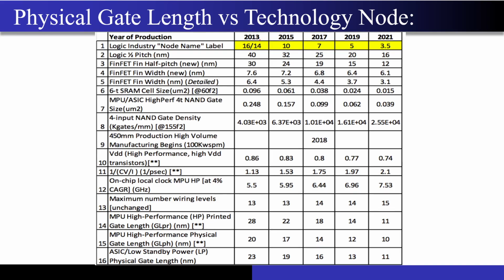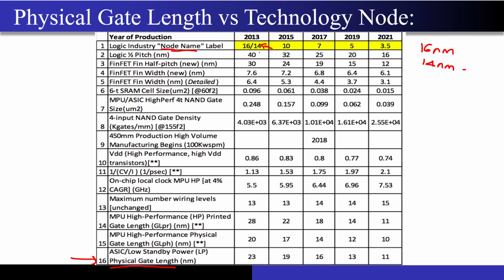Now what you can look at over here is the technology node, 14 to 16 nanometer, which is what the industry named it as a technology node level. They will market this as if it is a 16 nanometer process or a 14 nanometer process. But if you come to the bottommost row, what you are seeing is the physical gate length corresponding to this node name that the foundry is using for marketing purposes.